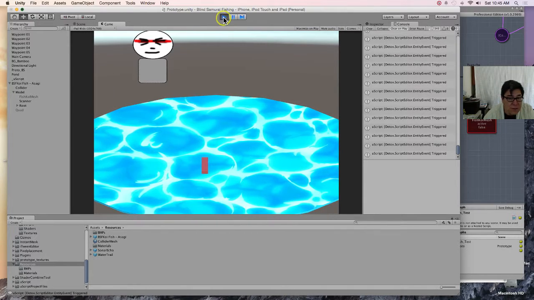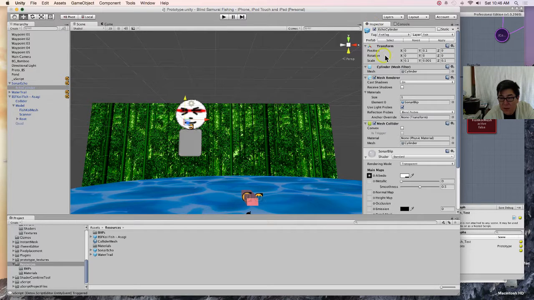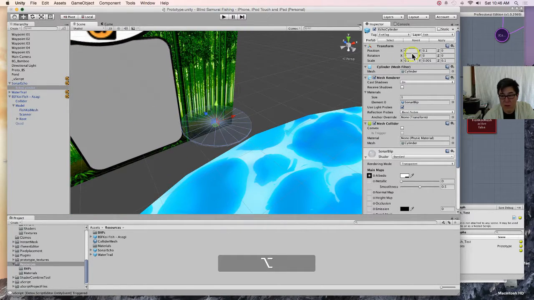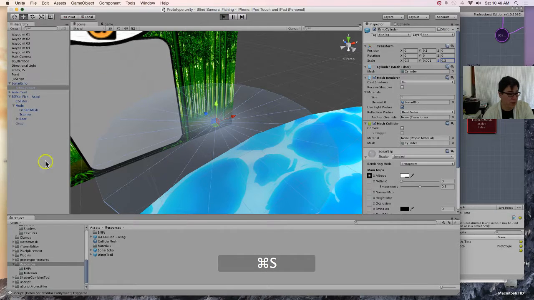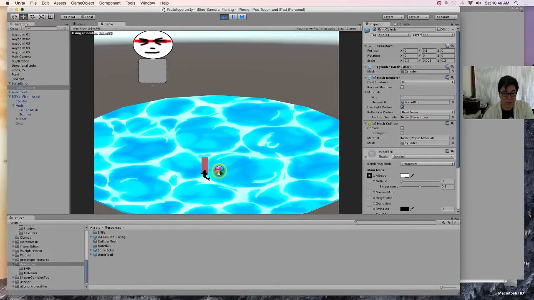Let's go look at the cylinder on our friendo here. Hello, friendo. Let's make his size a little bit bigger. Let's go for 0.3. Let's see how that goes for us. Control S, apply that. Play it. Okay, we're about to accomplish our